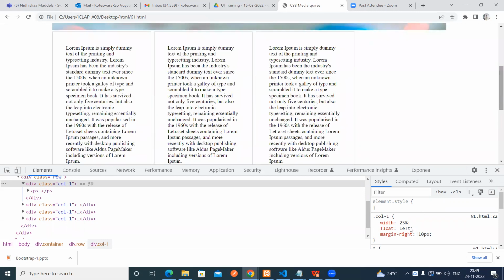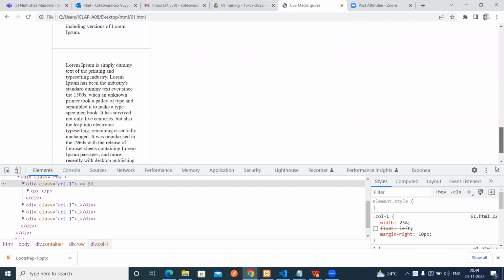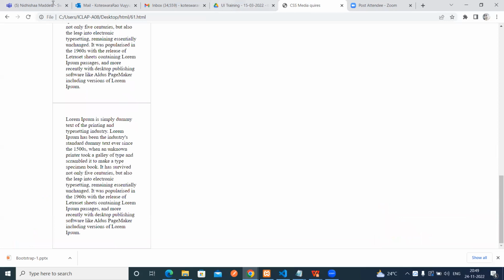But I don't want to write float left again. If you don't use float left, all the things come one by one. So this width and float left are creating a bit of confusion. To avoid those confusions,